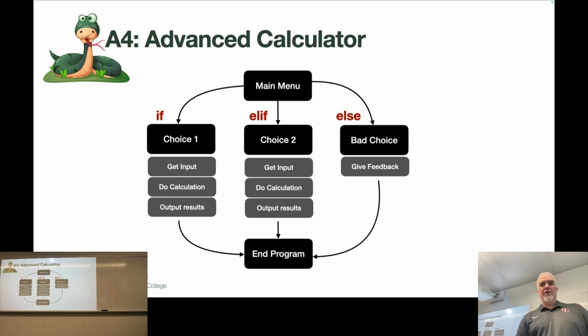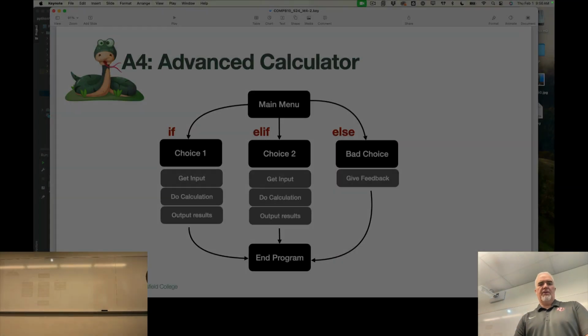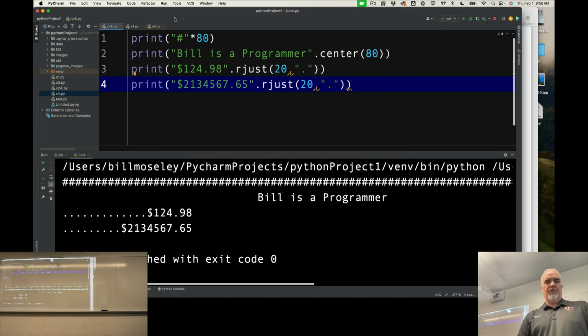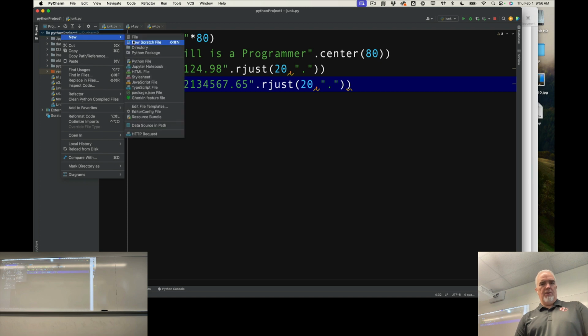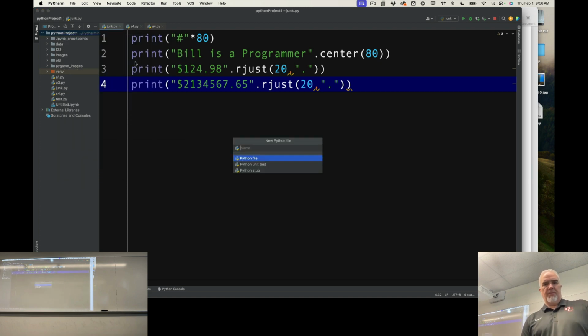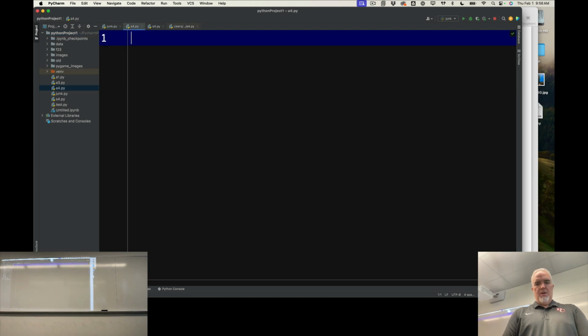Let me show you how I would set up that menu. Okay. So let's just create a new a4.py. All right, so again, if we're starting with comments, I would say, welcome the user,